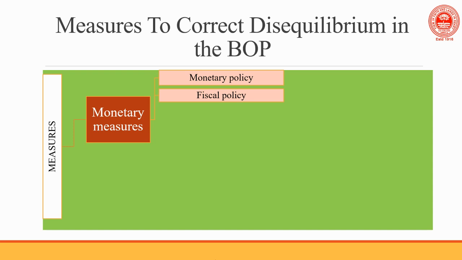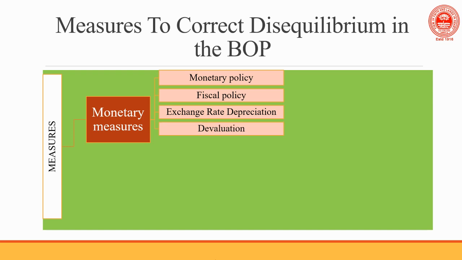Another monetary measure could be the exchange rate depreciation. Now, by reducing the value of the domestic currency, government can correct the disequilibrium in the balance of payment in the economy. The exchange rate depreciation reduces the value of home currency in relation to a foreign currency. As a result, the import becomes costlier and the exports become cheaper. So it also leads to some kind of inflationary trends in a country.